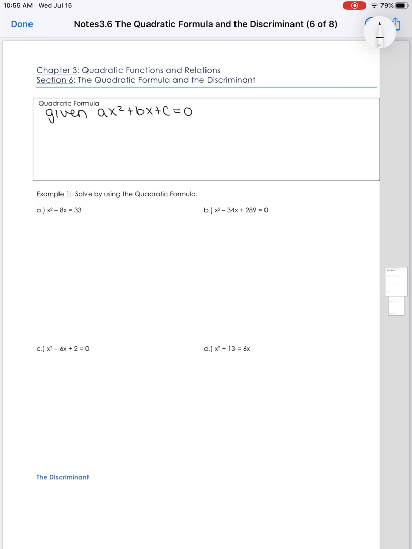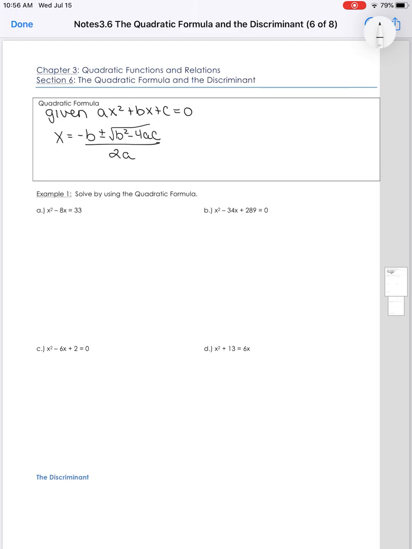All right, this next section is going to talk about two items. It's going to talk about the quadratic formula, and then we're going to go over the discriminant. So quadratic formula, remember you're given a quadratic equation, which is ax squared plus bx plus c equals 0. And the quadratic formula is x equals negative b plus or minus square root b squared minus 4ac all over